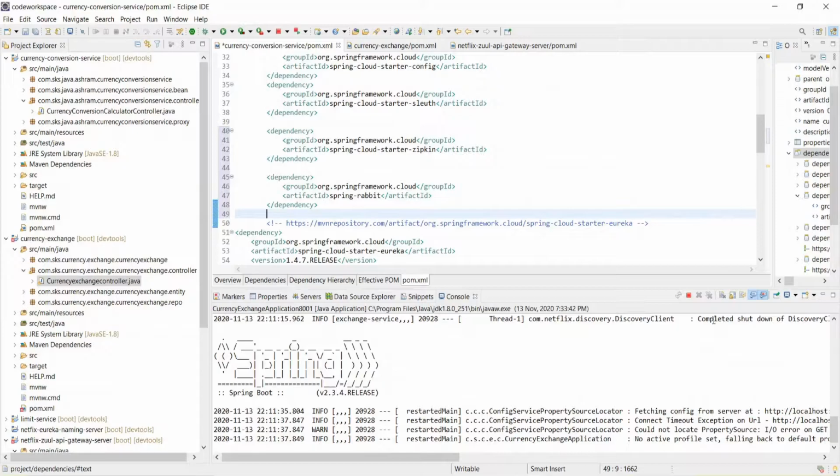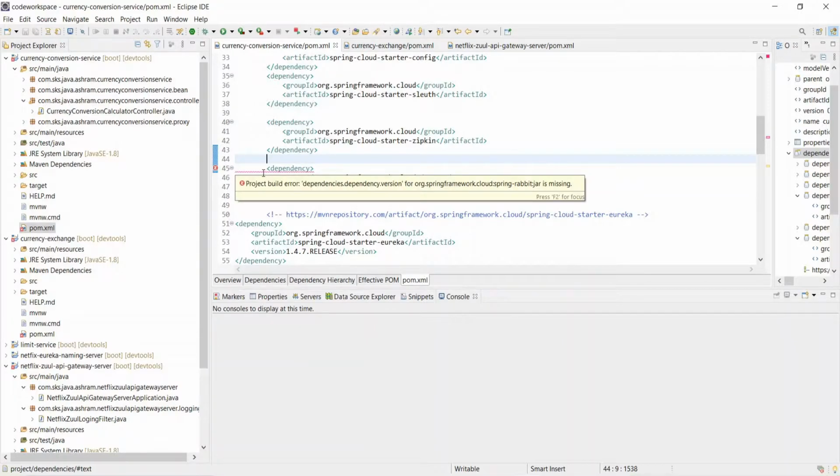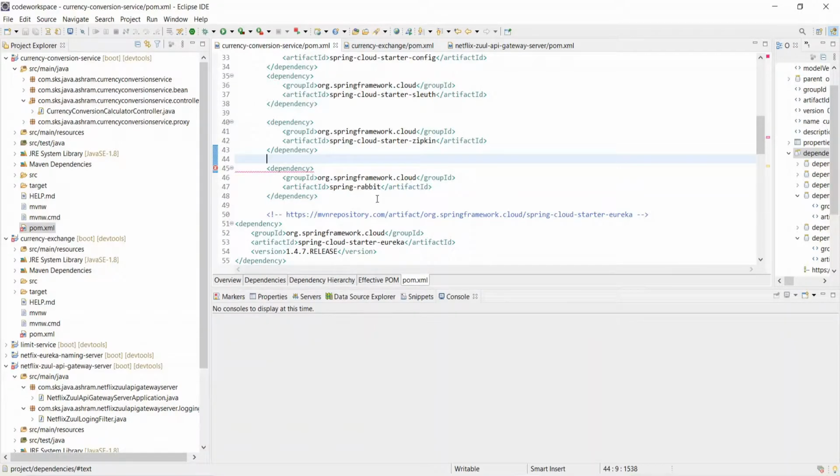If you are doing it the first time, it will take some time to download this, so let it download. Some error is coming, let's see what it is saying. The jar is missing. Sorry, instead of org Spring Cloud, this is not in Spring Cloud, right? This is in org Spring Framework AMQP.